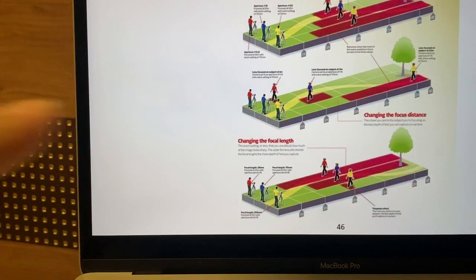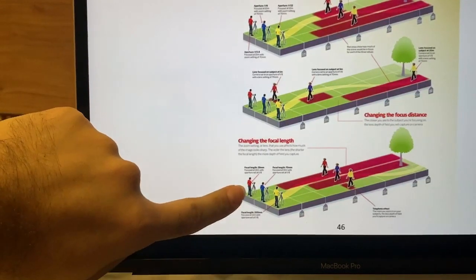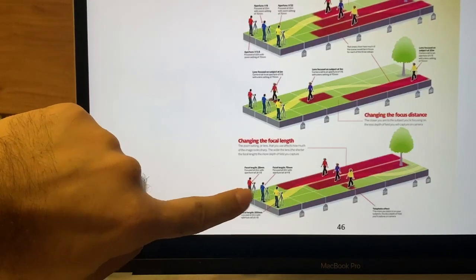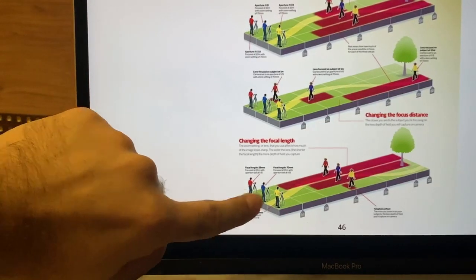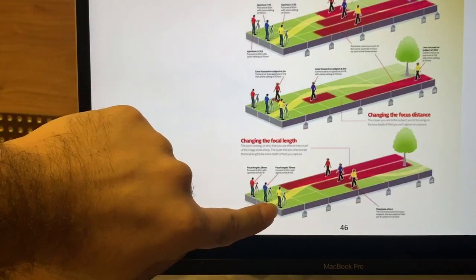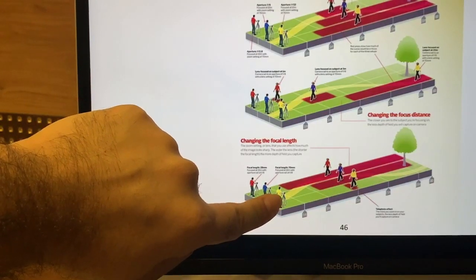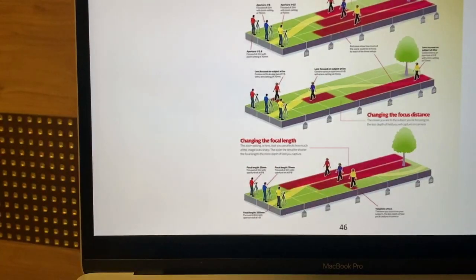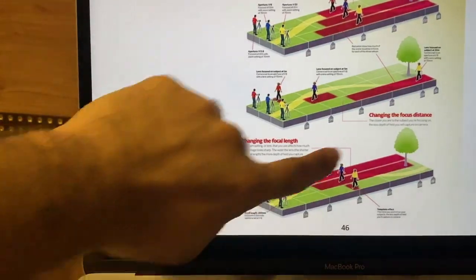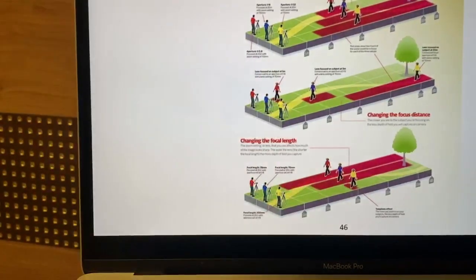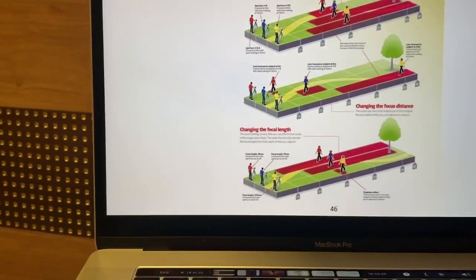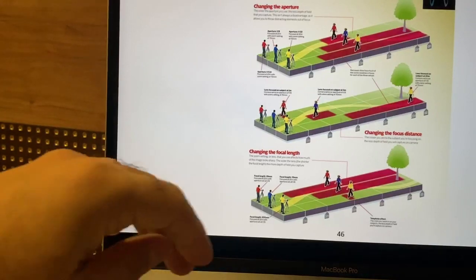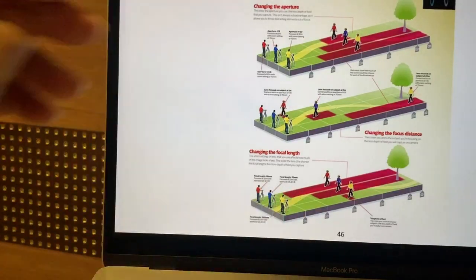And the last technique is the focal length. The guy with the red t-shirt is using a wide angle lens like focal length 18, so the depth of field is deep. And over here, the photographer in yellow is using a focal length of 400, say a higher focal length, so the depth of field is shallow. The red one has a deep depth of field, and the yellow one has a shallow depth of field. Why I'm teaching you this is because this is going to be followed by a question or a quiz that I'm going to be asking you all.